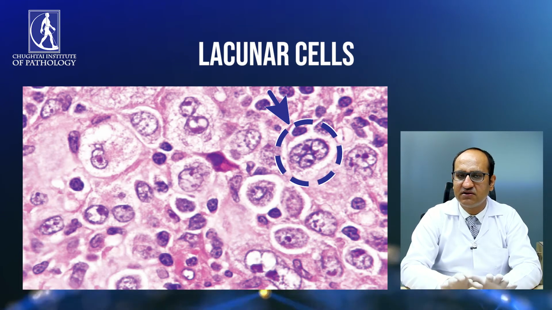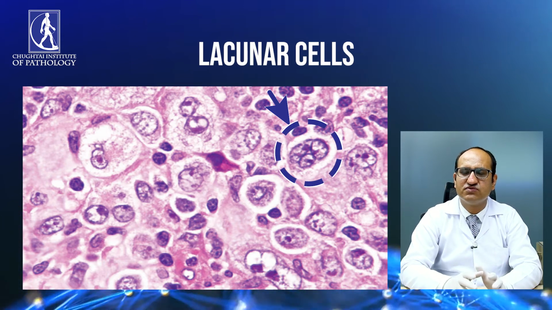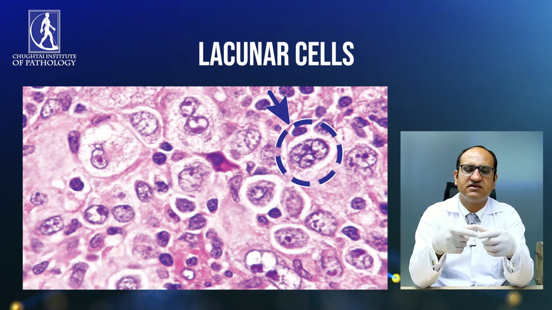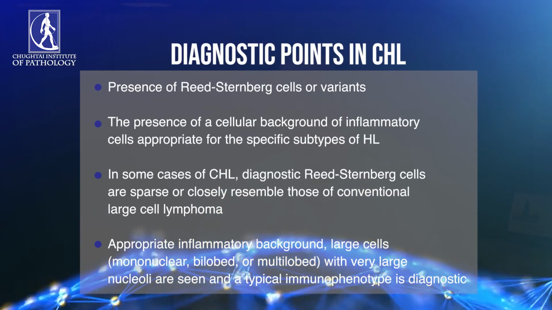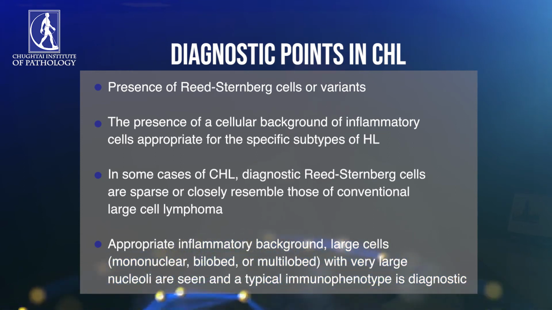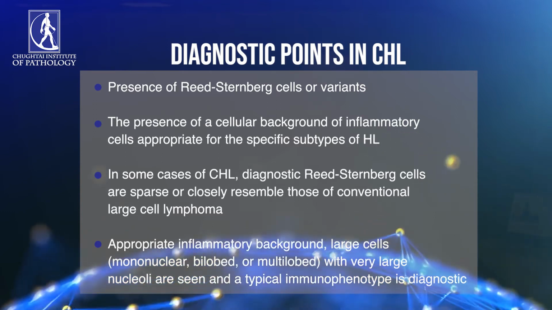You can see multiple nuclei, vesicular chromatin, prominent nucleoli, and these cells seem to be present in an artificial cleft or space. That's why these are called lacunar cells. And lacunar cells are more commonly seen in the nodular sclerosis type of classic Hodgkin's lymphoma. So diagnostic points in classic Hodgkin's lymphoma are two. One of the points is you need to have a proper inflammatory background, then you need to have a classic RS cell or its variant,